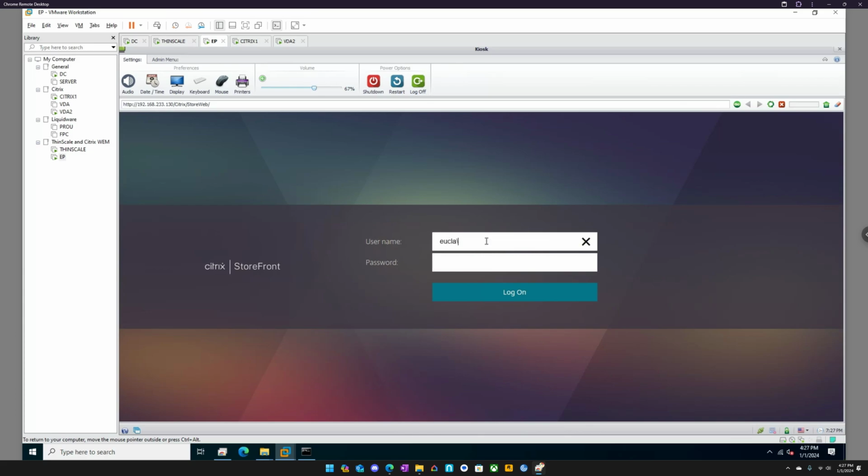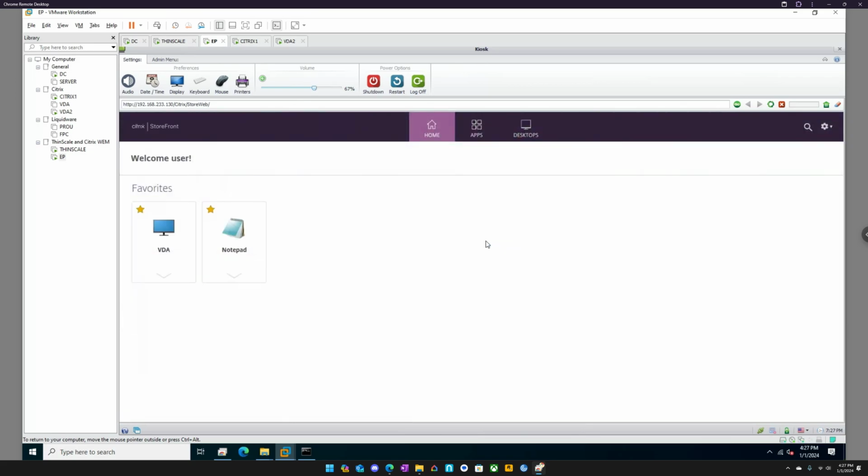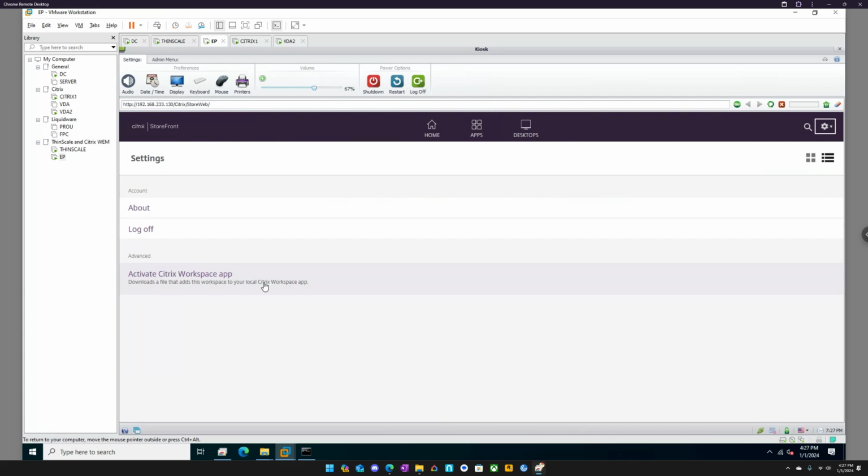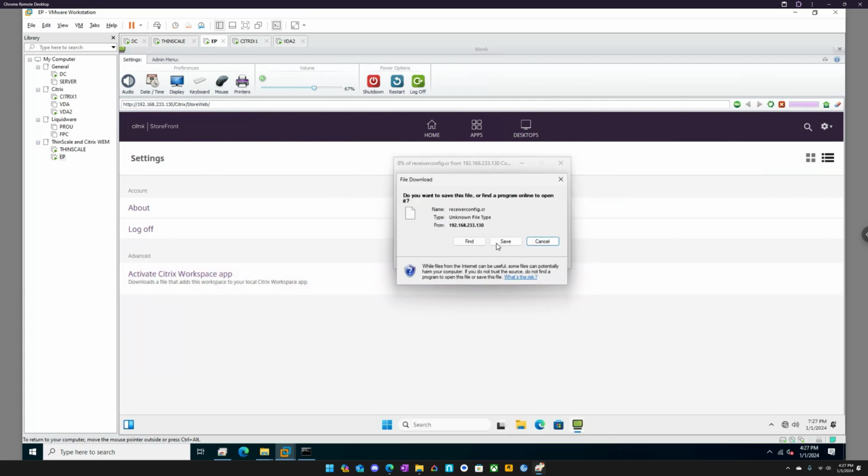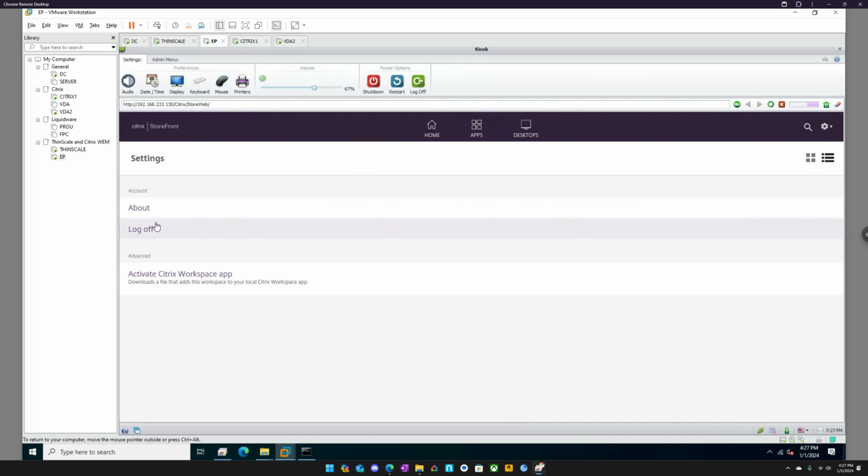TUC, log in along user, password. Log on. Yeah, they got their apps and desktops. Account settings. Yep. Yeah. We're good. We'll install the prereqs another time, but we have a solution for